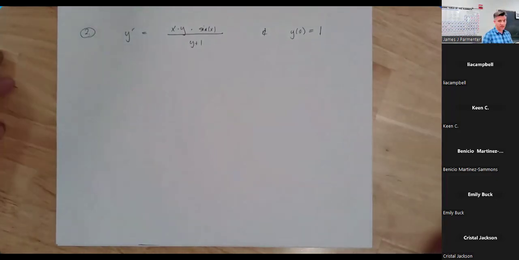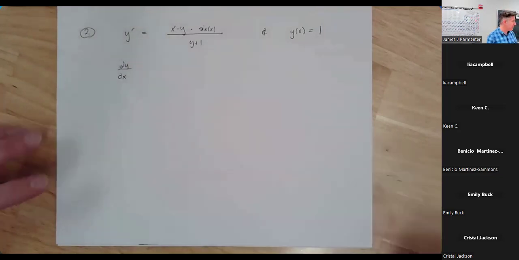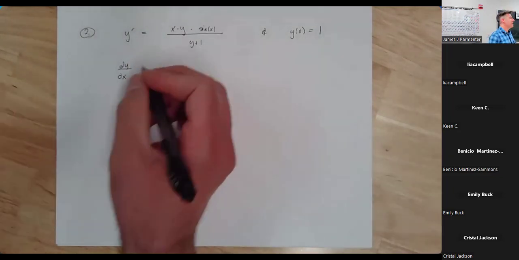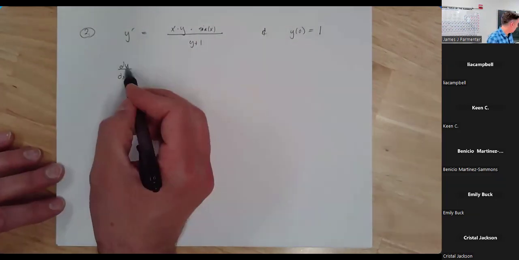So the question we have to ask ourselves is, is it separable? Well, we've already got y prime by itself. So can we rewrite this equation? I like to write it as dy/dx. Especially if you think you're going to separate, you kind of have to write it as dy/dx or d whatever, so that you can bring the y's to one side and the x's to the